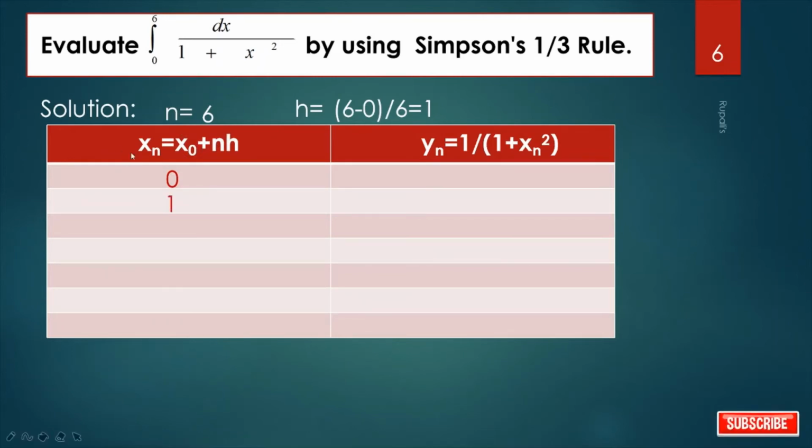Next, what is the value of x2? It is x0, that is 0, plus 2 into h, that is 1. So it is 2. In this way, I get all remaining terms because the value of n is 6. So the maximum value of x is 6 here. Now we have to calculate the corresponding y value. When the value of x0 is 0, then the corresponding y value is this. By putting the value 0 here, we get 1 by 1 plus 0. So, it is 1. In this way, by putting the value of x here, I get the remaining terms. Remaining terms are